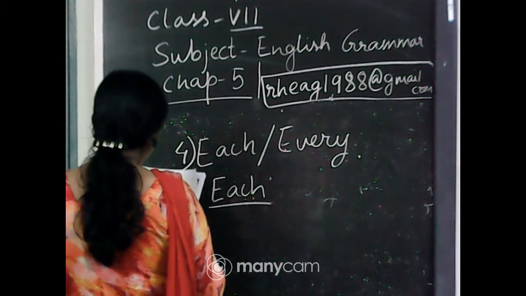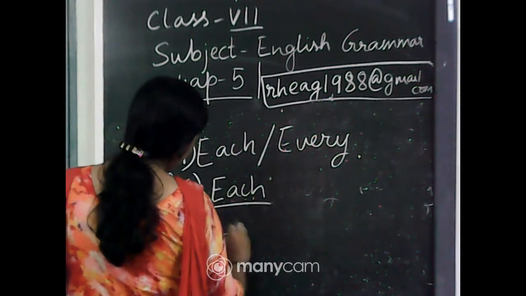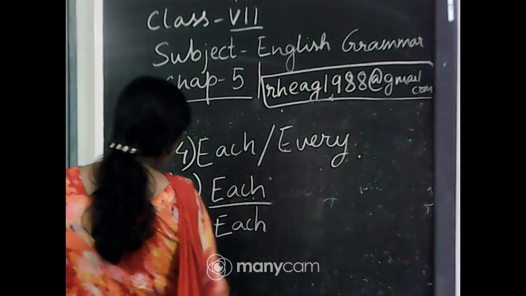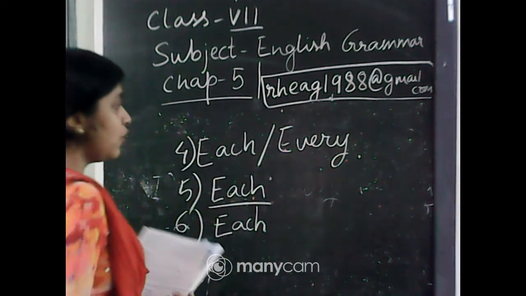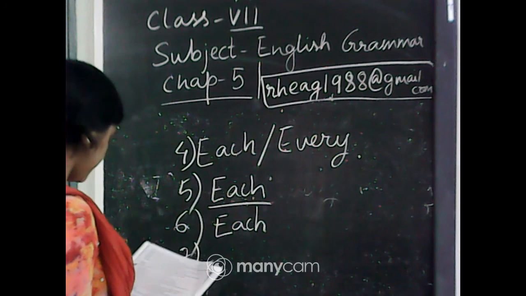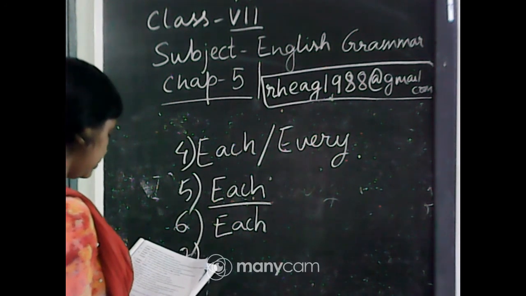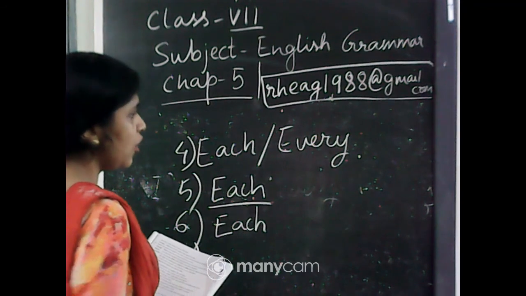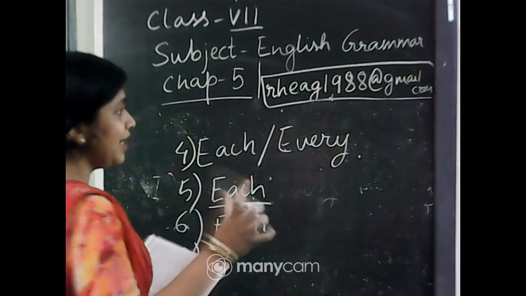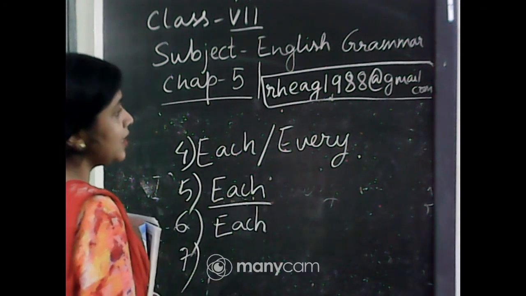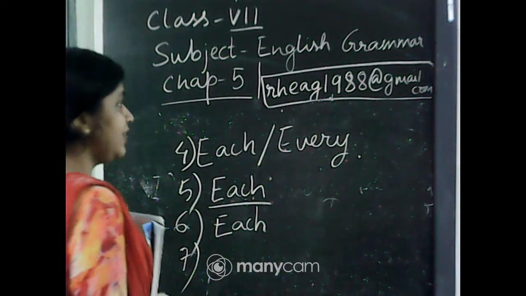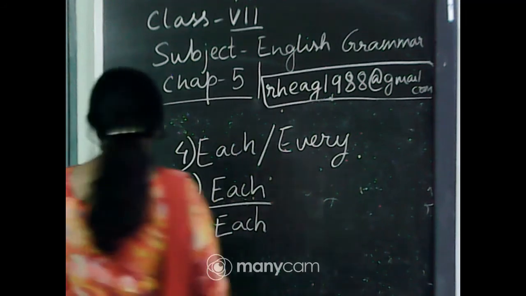Okay. Number 6. Each player of the winning team will be awarded. Now this sentence is quite similar to one of the sentences provided in the example of your book. So let us write each. Every player of the winning team will be awarded. It is not wrong, as I told you, but for a limited number of things, a small number of persons, we use each. Each is more appropriate.